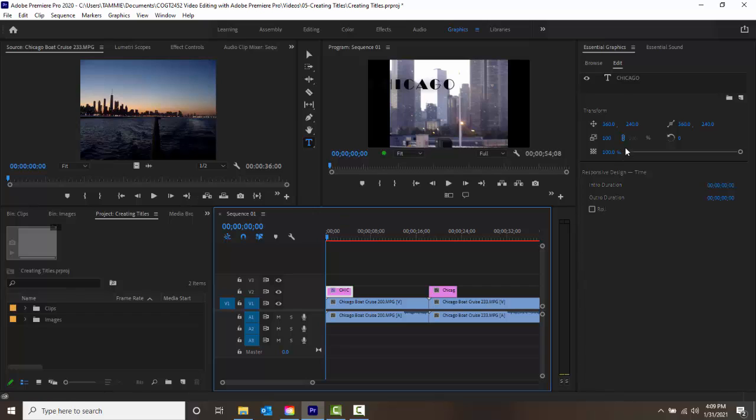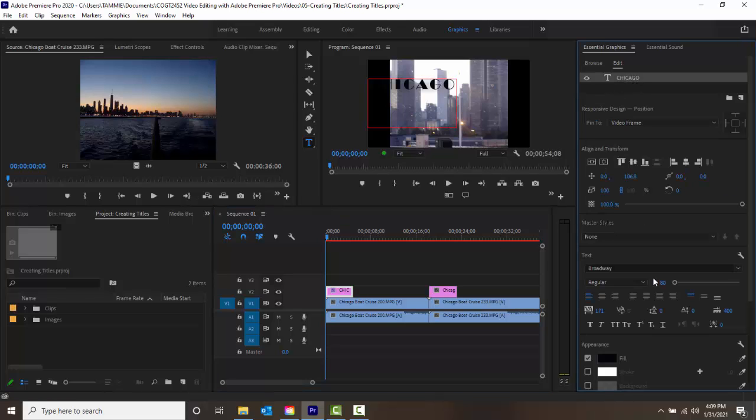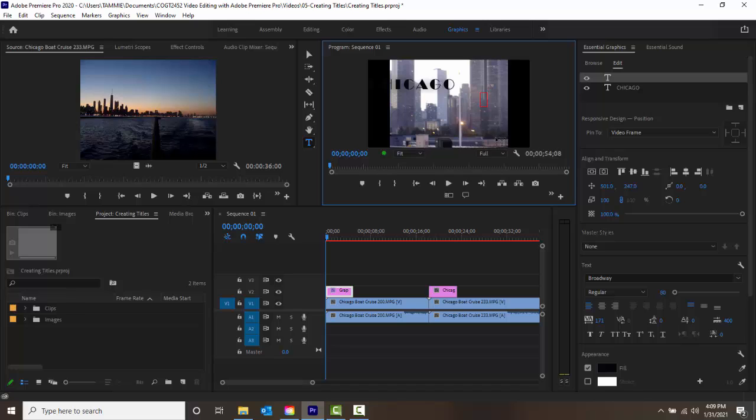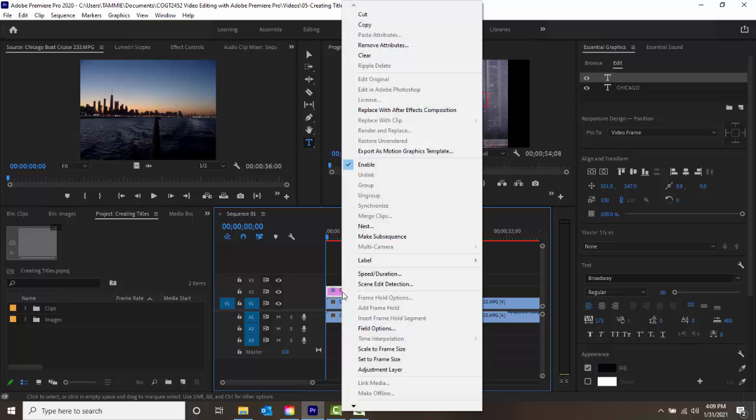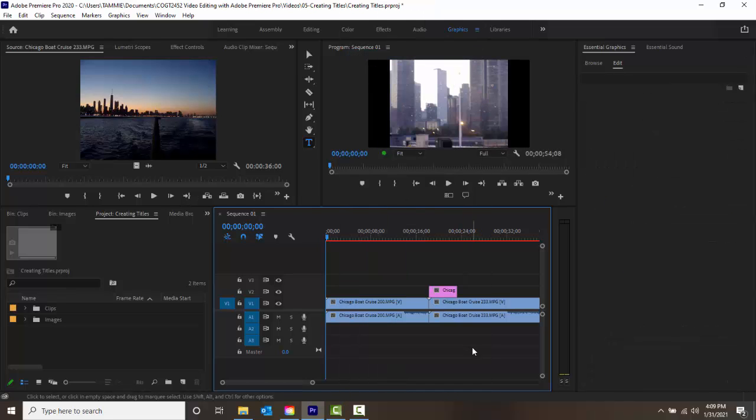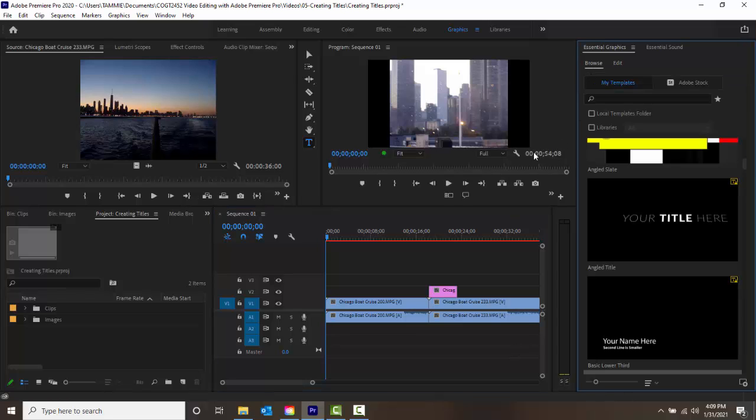Alright, so if I come in and highlight on it, I can change this however I want, make some changes to it. So in this particular case, I might come over here and change my font a little bit. Alright, now to get rid of it, I'm just going to come over here and say clear, and I got rid of it. Alright, so I can come back in here and just pick here,